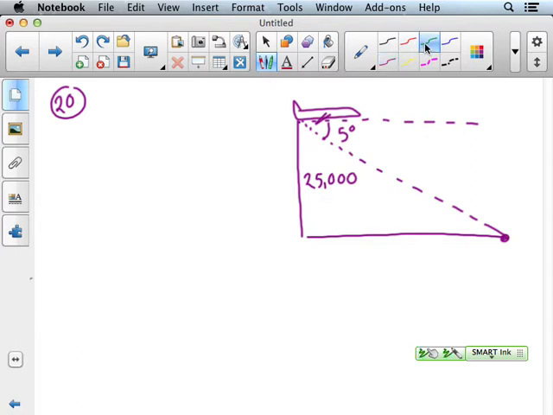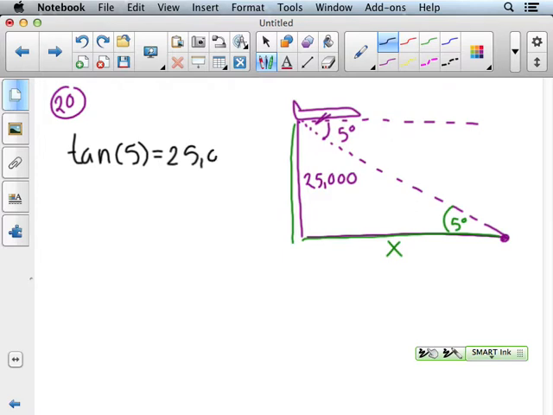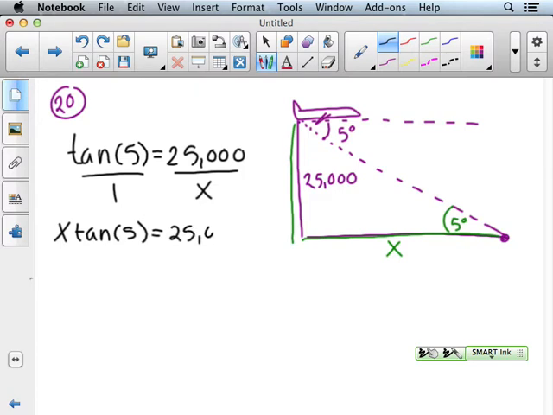Okay, well, I need to know how far away he is from the crater now, so I'm going to set up a trig function. I know that this is also 5 degrees, because they're alternate interior angles. This is the opposite, and I'm trying to find the adjacent. So I'm going to use my tangent function. Tangent of 5 equals 25,000 opposite over adjacent. Cross multiply, so we get x times tan of 5 equals 25,000. Divide by tangent of 5, and we get that x